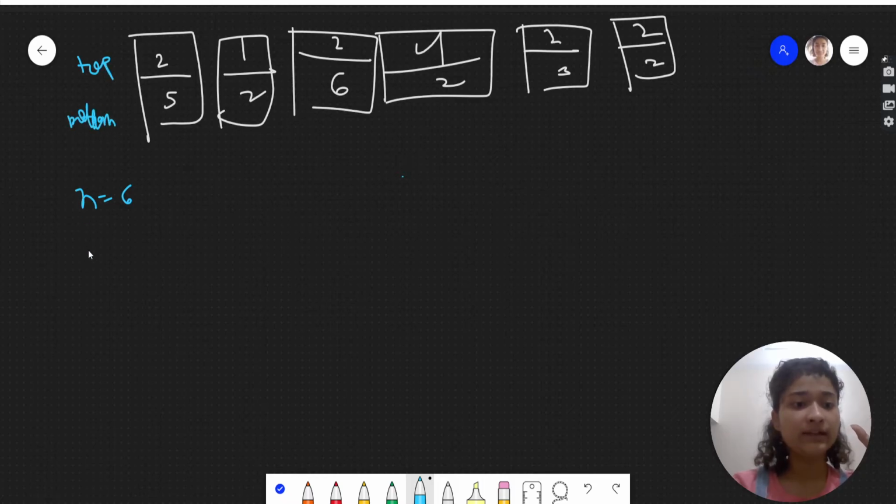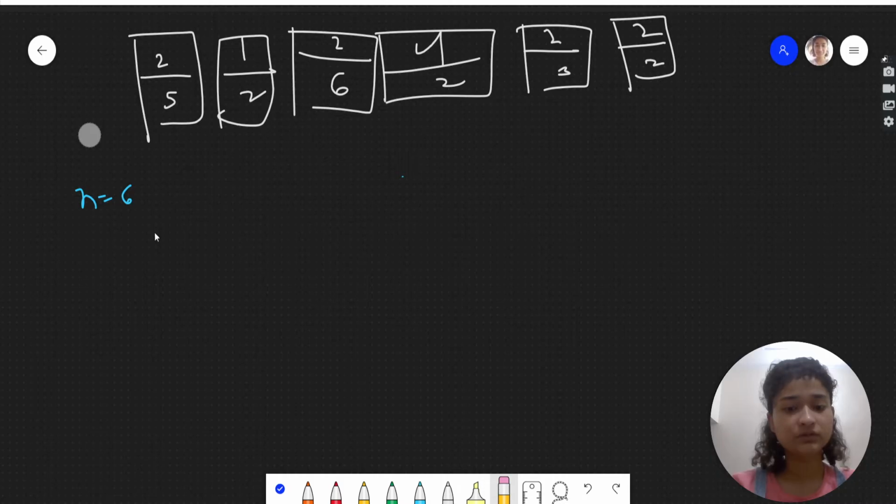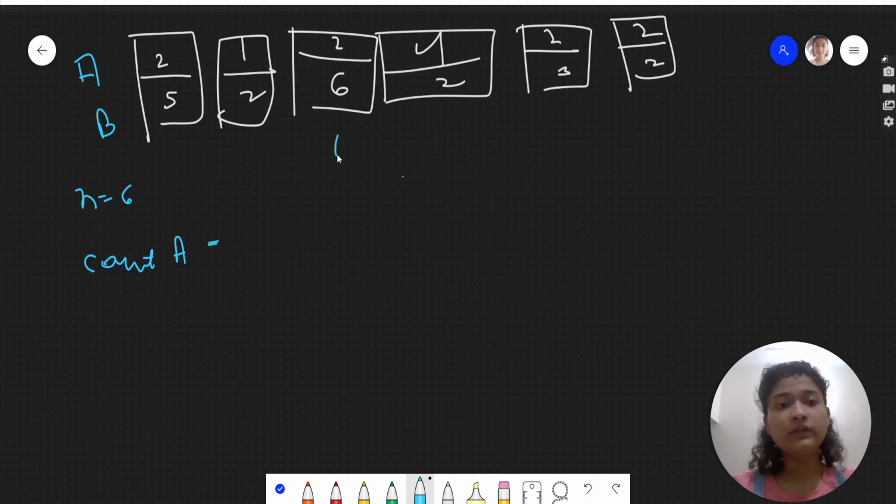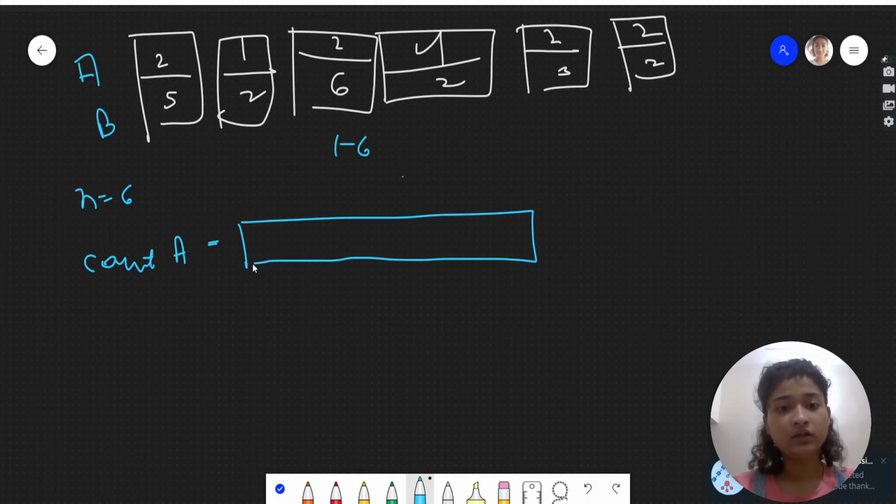So let's say I'm naming these as A and B. So this is A and this is B. We will find the count of A. See, all these values will be between 1 and 6, right? So I'm taking an array of size 6.